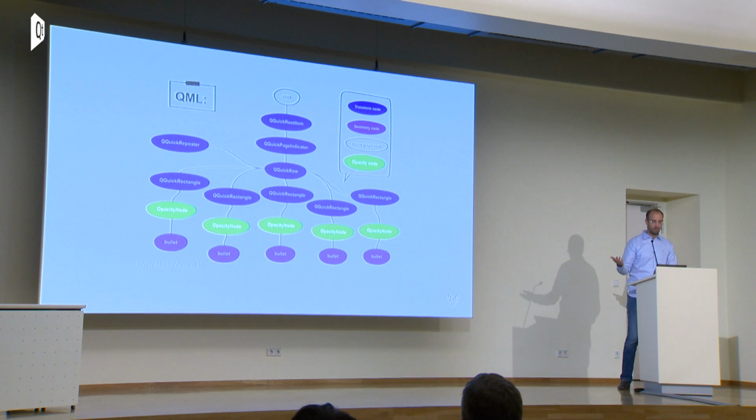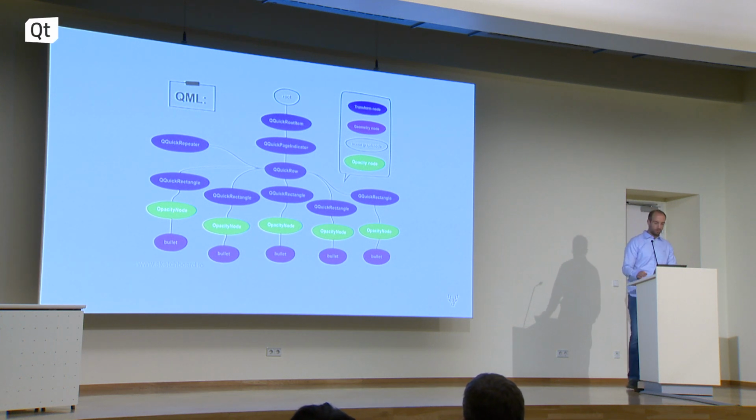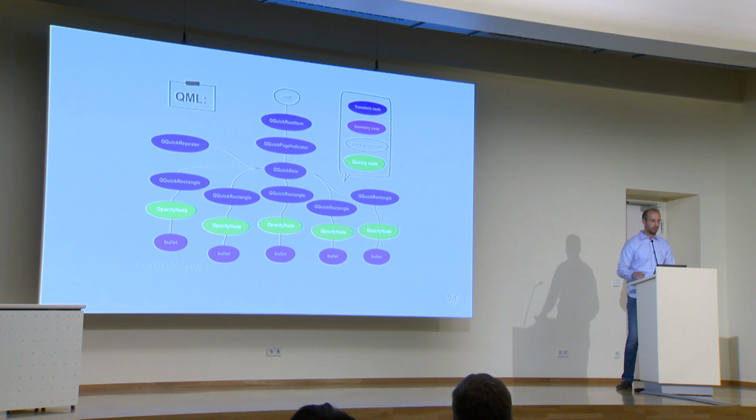Apparently it's implemented with opacity, so you also have opacity nodes for each instance of the delegate. And then you have, again, the geometry node for actually drawing the bullet. So these are 15, 16, 17, 18 scene graph nodes in this case, so it's a bit more than QSkinny. Well, of course, a page indicator you probably only have once per application, and a few more scene graph nodes doesn't really